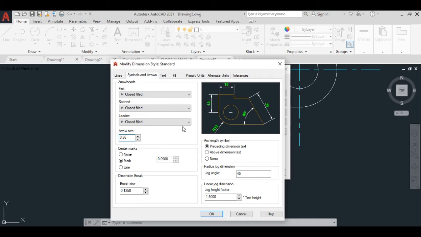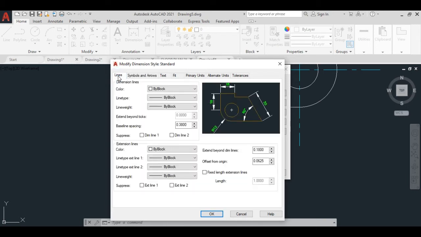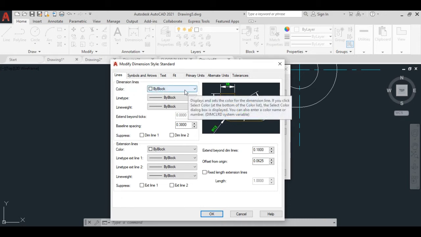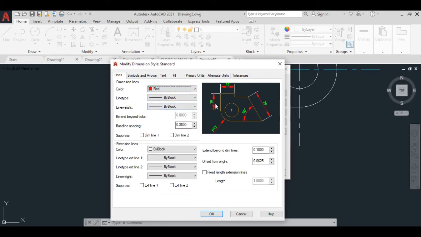0.36. Okay, all right, and now we'll not do anything over here, and just go to the line option, where you can see the dimension line option. You can see color here, you can change the dimension line color from by block, and you can choose any color which is suitable for your drawing. I'll just click on red.